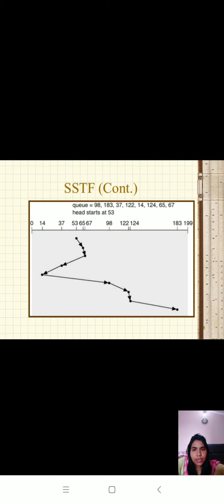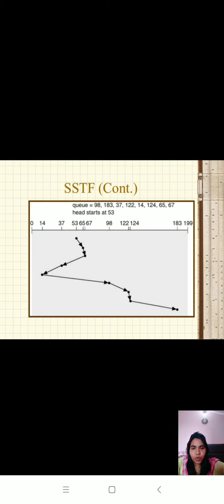In SSTF, the name suggests shortest seek time first. That means we have to seek the shortest time, and that means